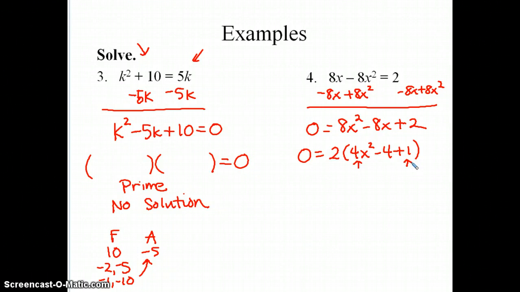So I'm considering that this could be a perfect square trinomial. The square root of 4 is 2. The square root of 1 is 1. And to find that middle term, 2 times 1 is 2, double it is 4. So I do have a perfect square trinomial. So I can factor this